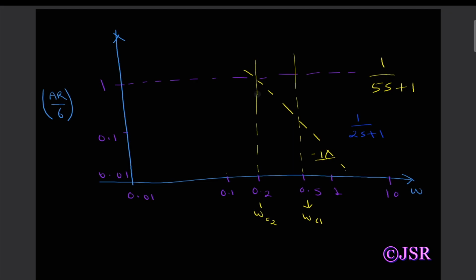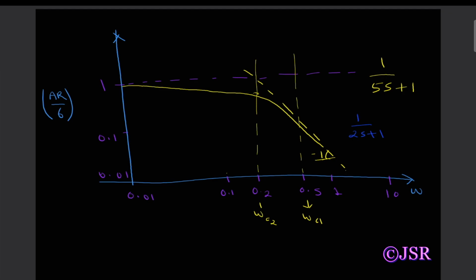So this will pass through somewhere here. So here we will have the corner frequency, the gain plot for first order system 1 upon 5s plus 1, like this,